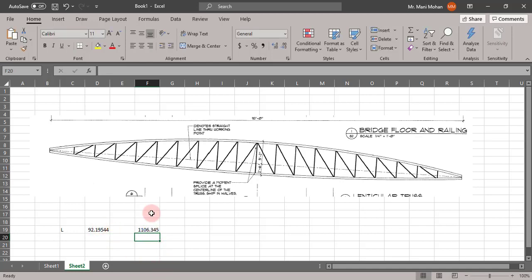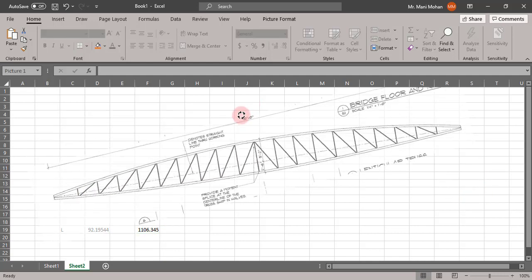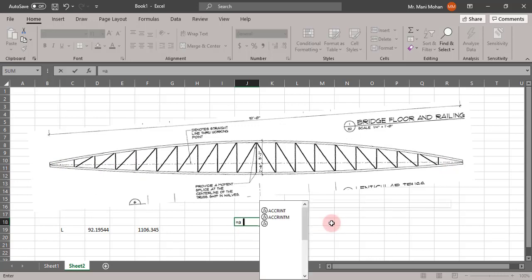So the span is 1106.345 inches. So as I said, I will try to model this truss such that it is horizontal, and later I am going to rotate it by the required angle. And by what angle will I be rotating? It will be tan inverse of